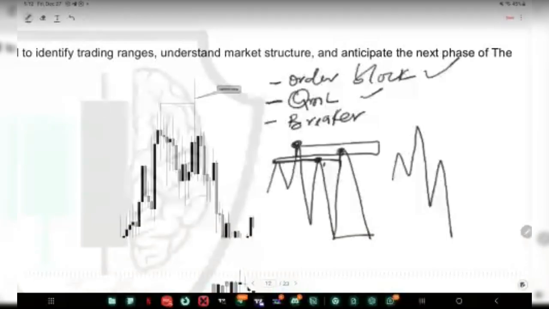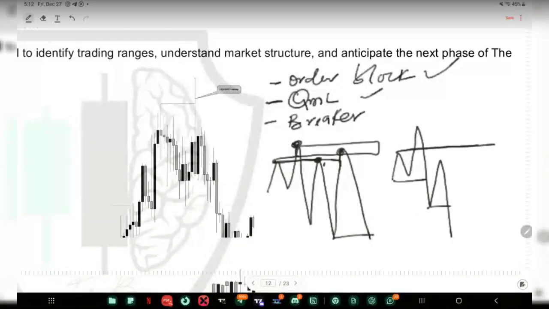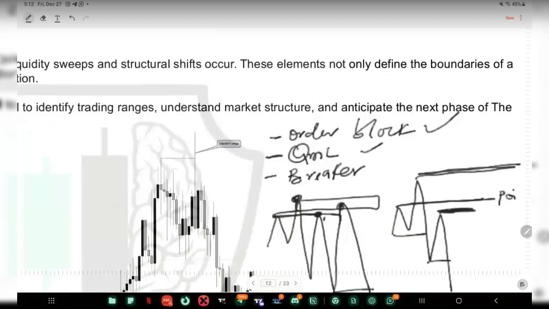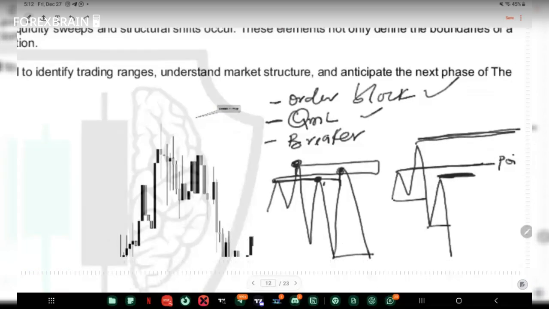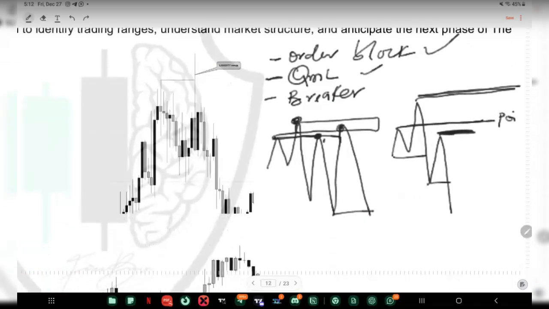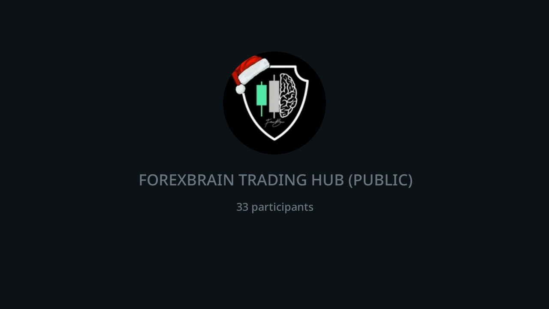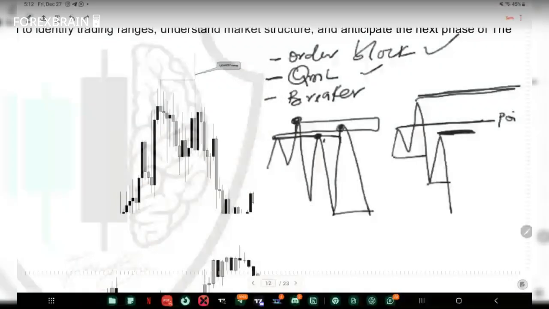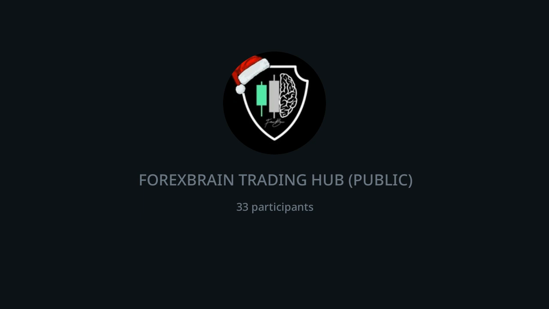But looking at this scenario here, we had a break, but price has not mitigated the QML here. This is your point of interest, because that's the next point of interest that is closer to the structural liquidity. But your point of invalidation still remains the high of this. So it depends on the type of entry model that you use. That will determine how tight or how wide your SL will be. So that's that. Now the third scenario is how and when do we use the breaker block?